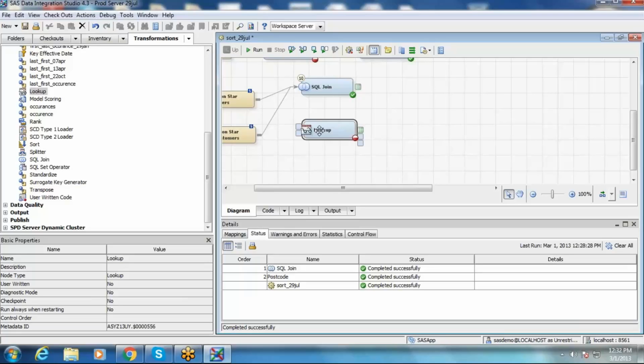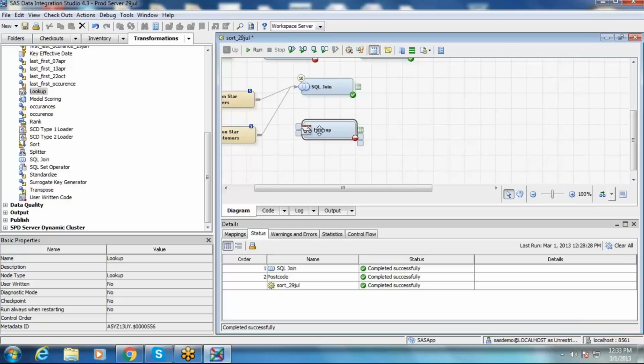Lookup is efficient only when you have few columns to pull the data from the other table, like 1 to 2 columns, such as customer gender and customer country from the second table, customer dimension. Then this would be useful. If you have 500 columns, then it doesn't give you better results.